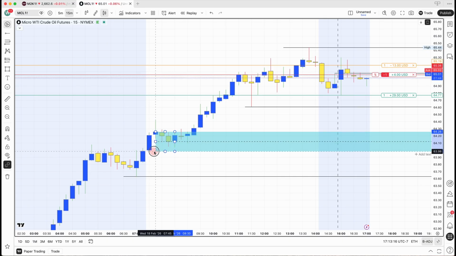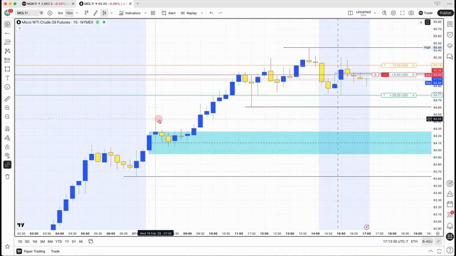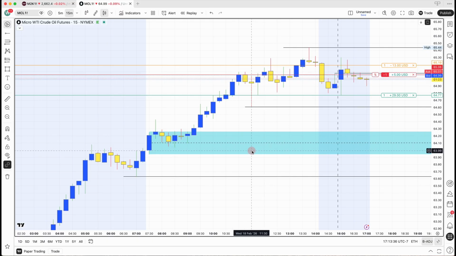It opened there. It snuck down a little bit and snuck up to right there. It retreated back into the 15-minute zone. That's what I've blocked off here. And then started to move up. After price exceeded the 15-minute zone and retreated back in, and I got an up candle, in other words, a bullish candle, I would have taken that trade right here,